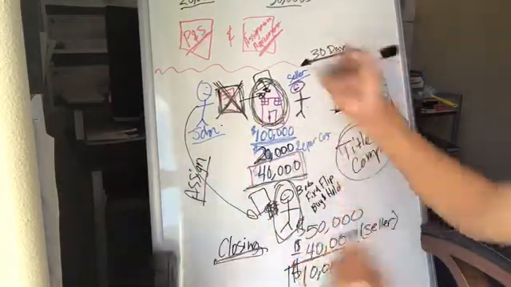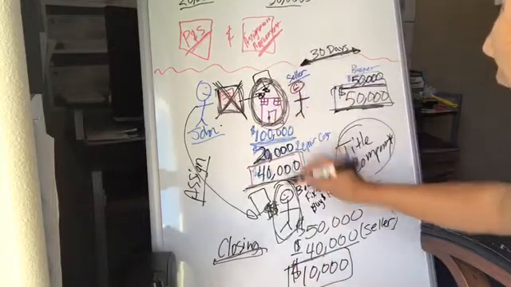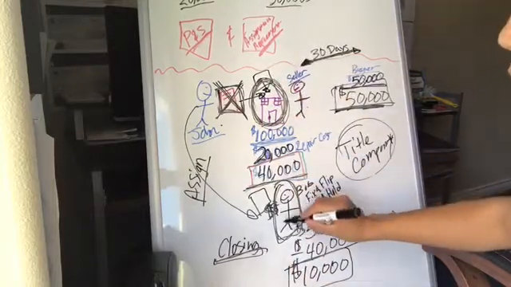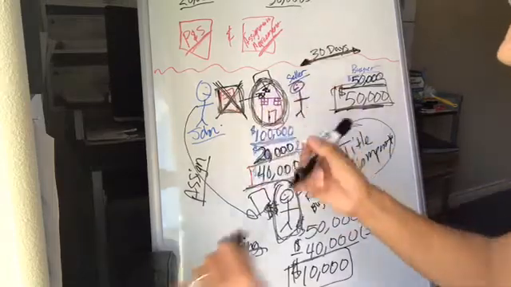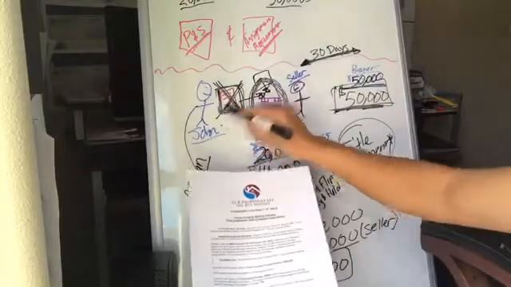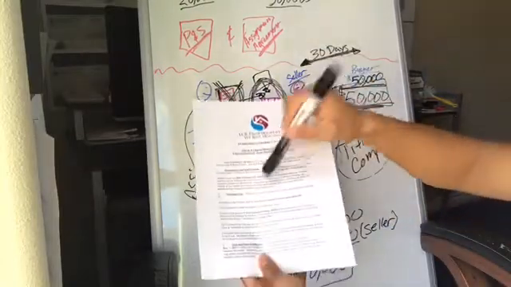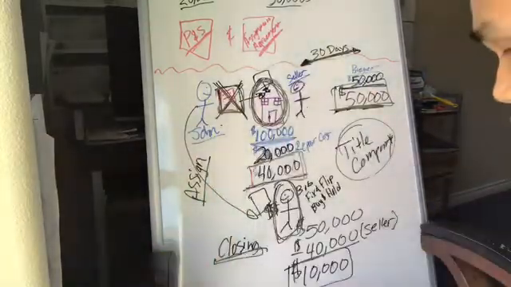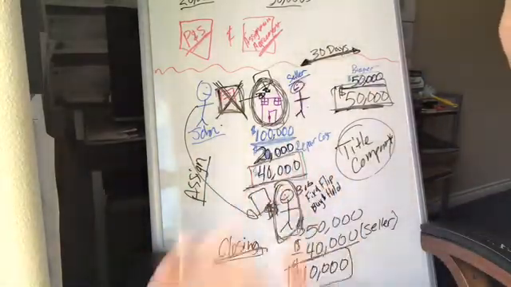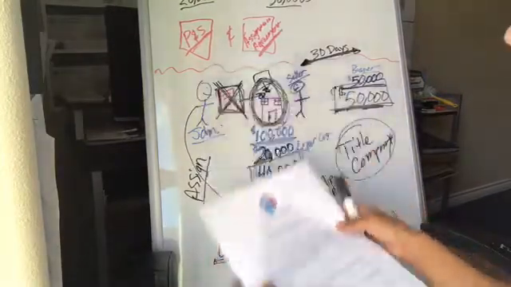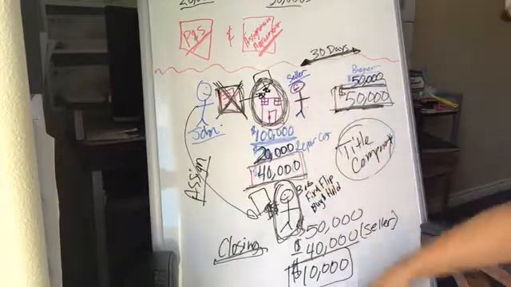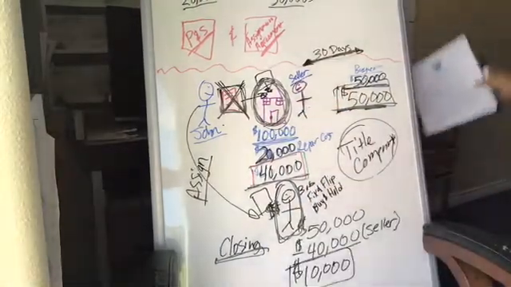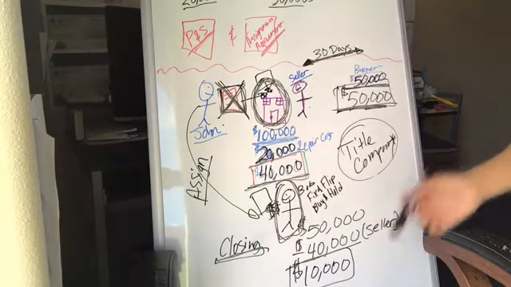You can walk away without a scratch. You don't have to be obligated to buy this property if you can't find a buyer for it. You'll be able to cancel it and walk away, no problem, because the contract between you and the seller protects you 100%. I'm not sure what contract you guys use, but make sure you check it and that it gives you a way out if you can't find a buyer for this property. But that is pretty much what